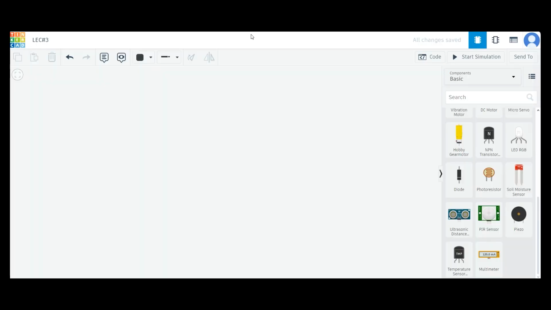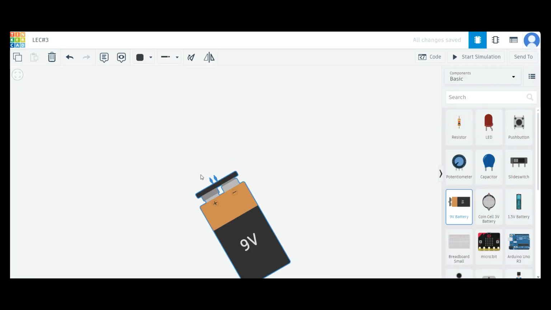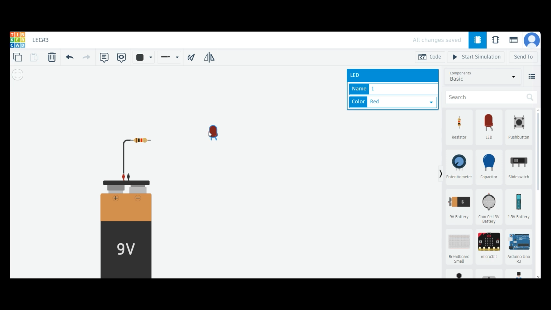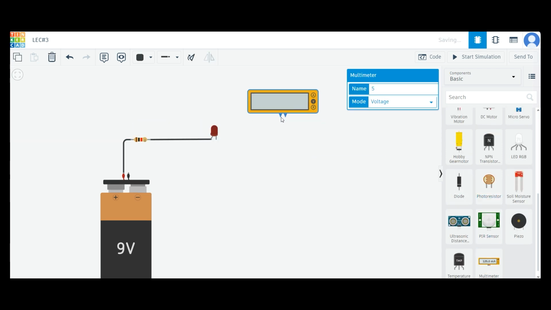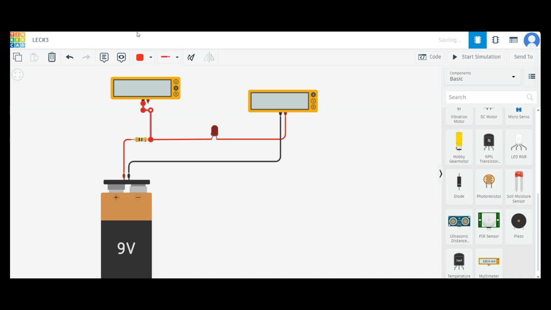Let's simulate the LED circuit in Tinkercad to verify our calculations. We have placed a 9-volt battery, a resistor, red LED, and an ampere meter to measure how much current is passing through the LED. Further, we have placed a voltmeter across the resistor to measure the voltage drop across it. According to our calculations, the ampere meter should display approximately 20 mA of current, while the voltmeter should display approximately